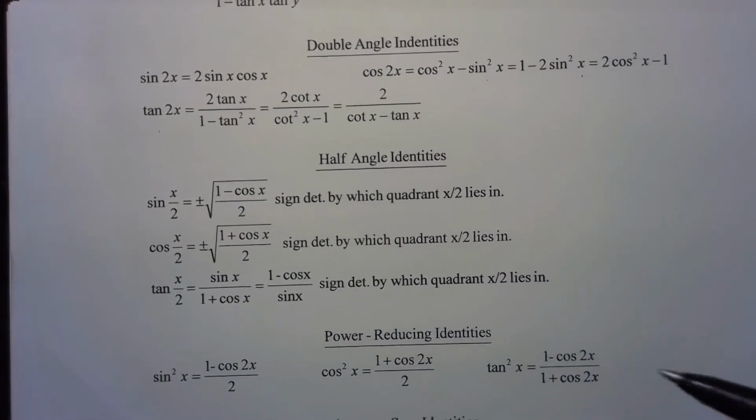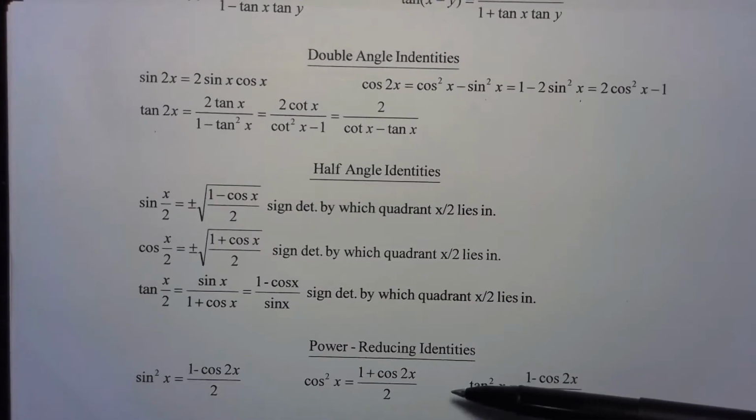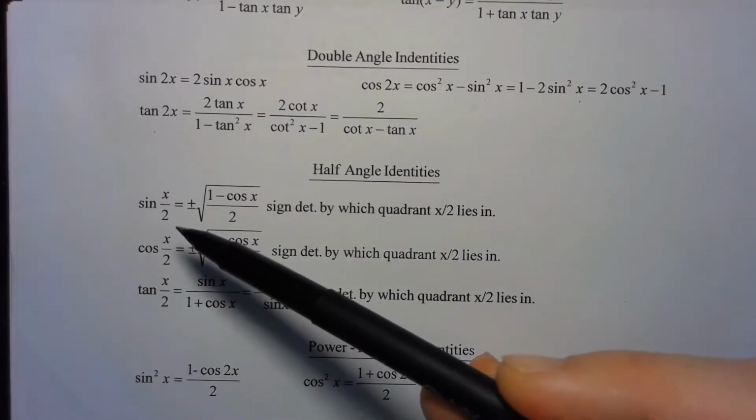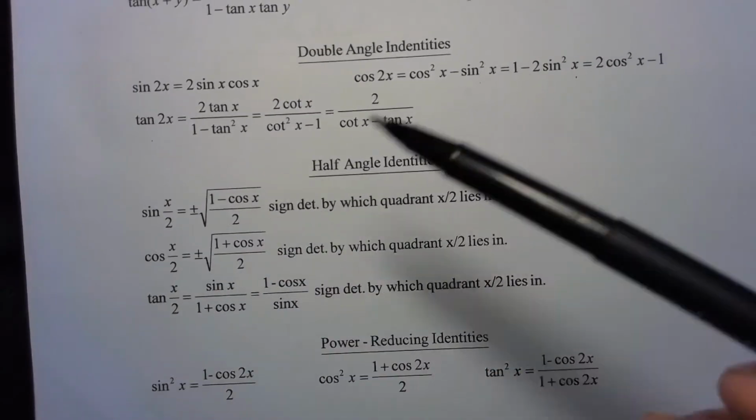In this video, we'll be looking at our half-angle identities. Our half-angle identities are these three right here in the middle of our formula sheet. They come after the double identities, but technically before our power-reducing identities. We can conclude where they come from or how they are developed by looking specifically at our double angle identities